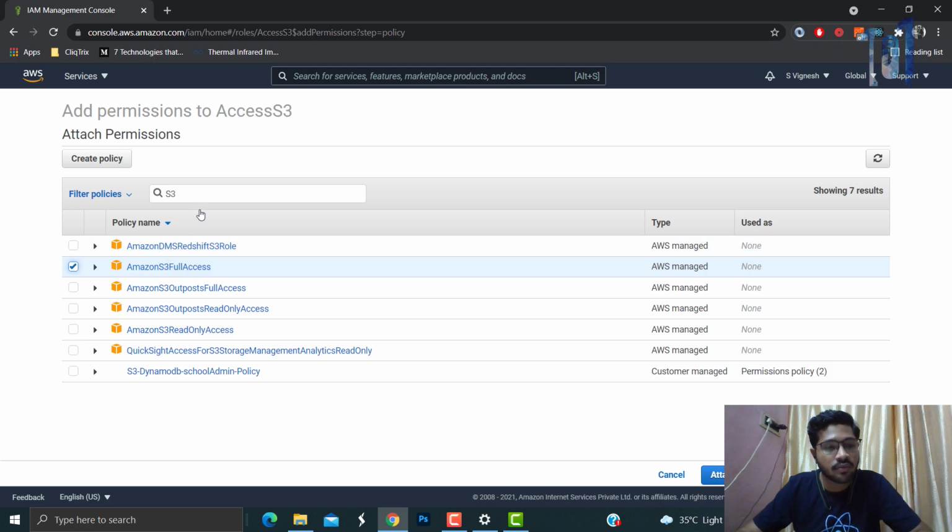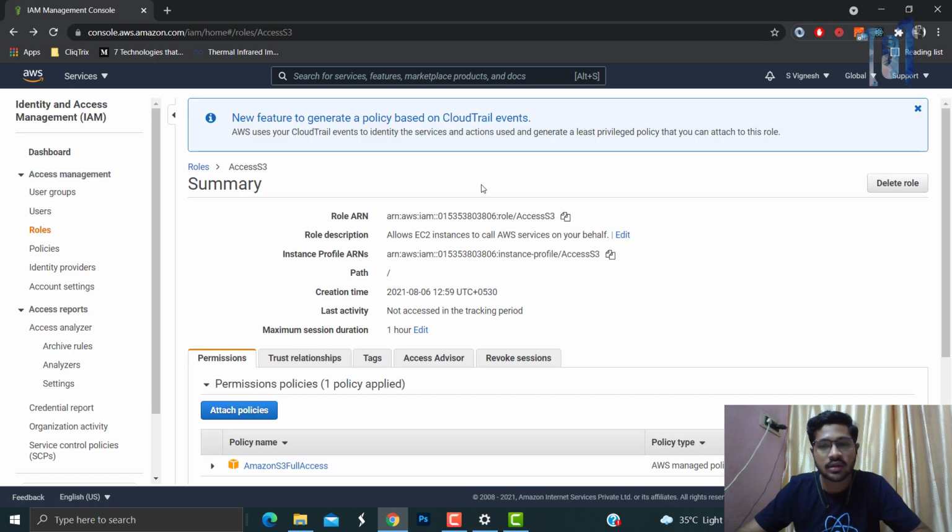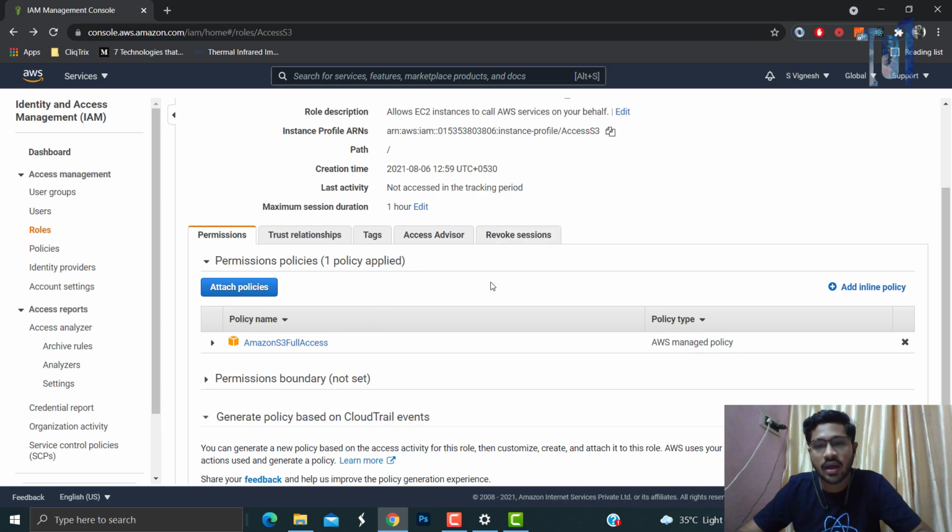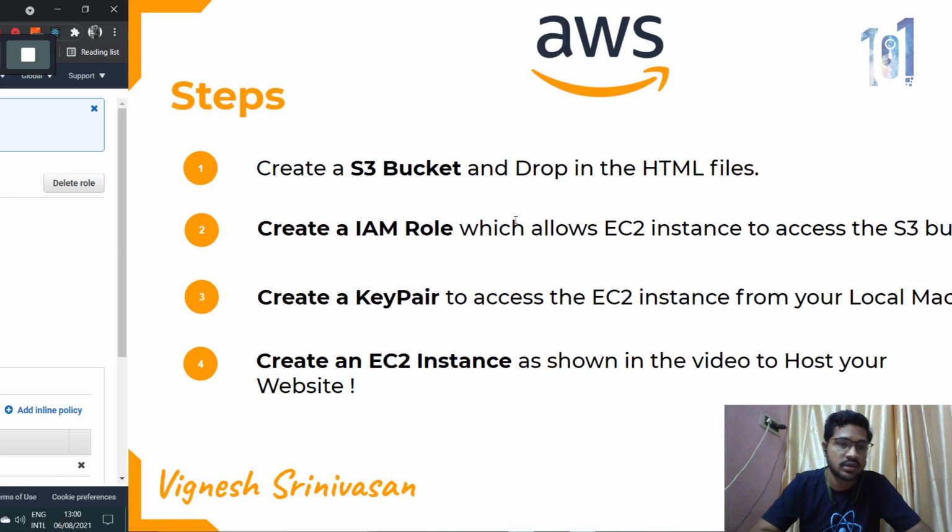So you can do this for various other AWS services. You can give access for DynamoDB and other stuff, API gateway, something like that, with the IAM role, and attach that to the EC2 instance. So that is the use case for the IAM role. So after clicking the Amazon S3 full access, click on attach policies. Now you can see that the policy has been successfully attached.